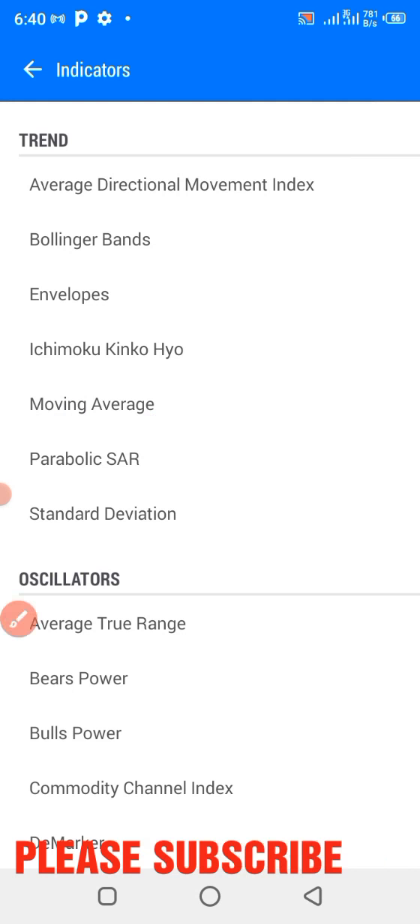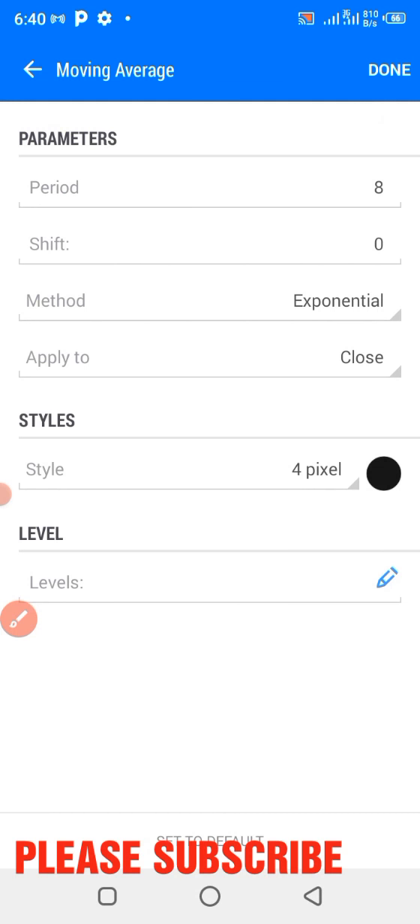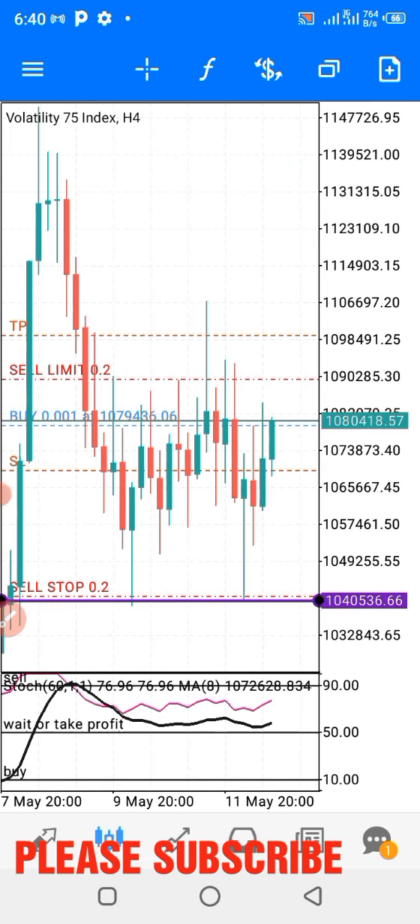When you have done that, you get back. The period should be 8, shift should be 0, method should be exponential. Apply to close. Style should be 4 pesos, black. You click on down. Now, the next thing you need to do is you set your